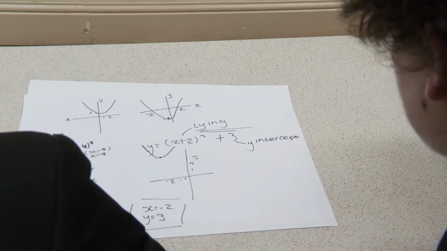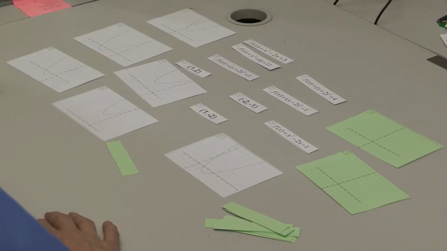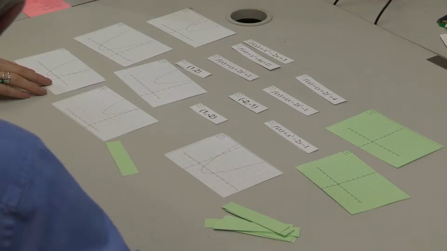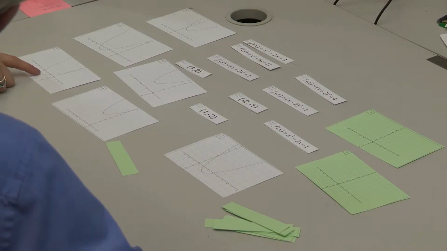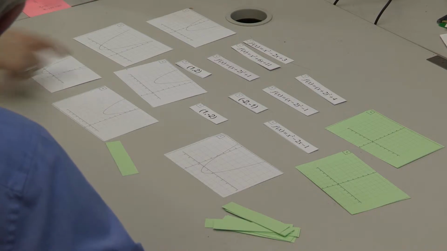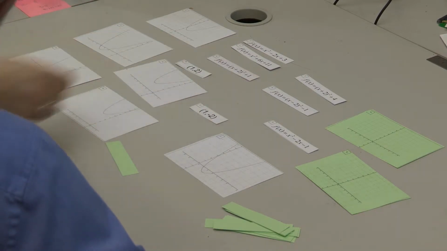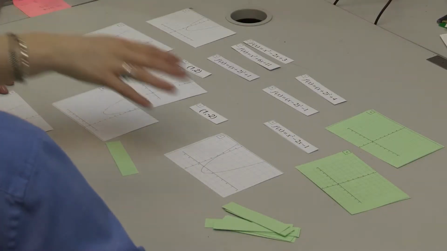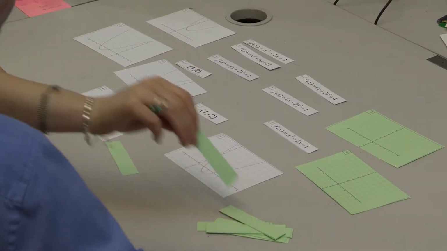Yeah. So I think from there we'd be looking to do an activity such as this where they're looking to link the minimum point of the graph to the completed the square form, the graph itself, and also an expanded version of the completed the square form. So for example, I might pick out this one here and we could look at the minimum point of the graph as minus 2, minus 1, which would link to this one here. And then we might match that up with the completed the square form. If that's not on there, then I'm looking to use one of these green strips. So I'm looking for x plus 2 all squared